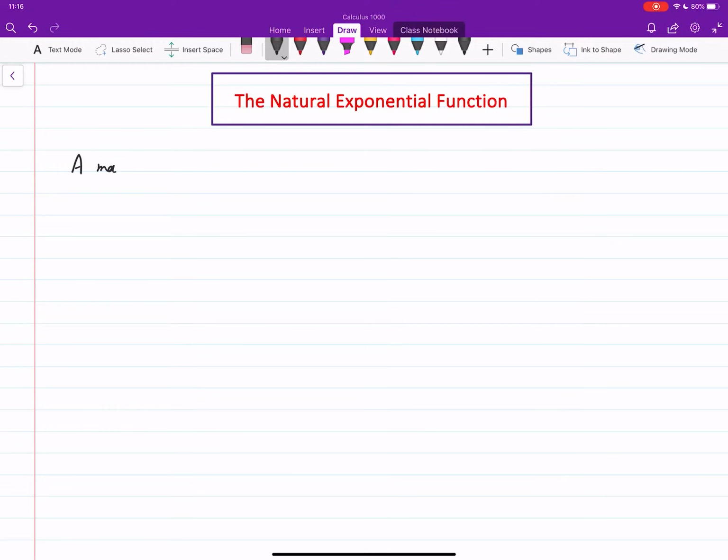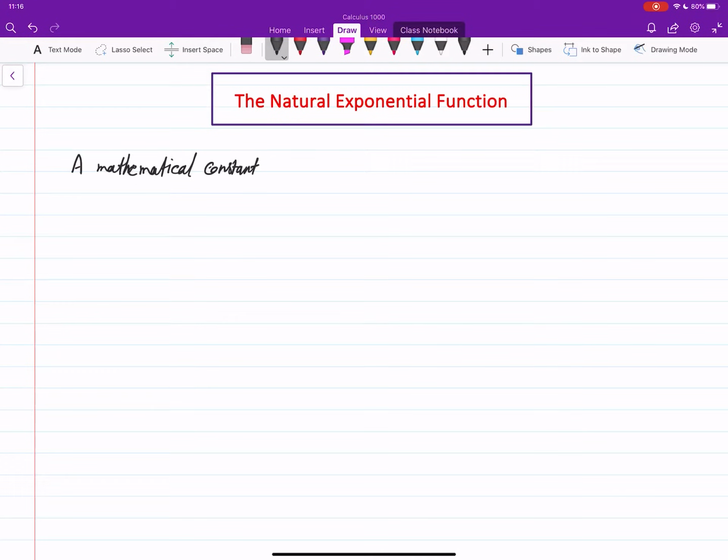What is a mathematical constant? Well, these are constants which appear in math, and they have some mathematical importance. Well, the most famous of them that you know is the number pi, 3.14 dot dot dot. So this number is a mathematical constant, but the number that we are going to introduce